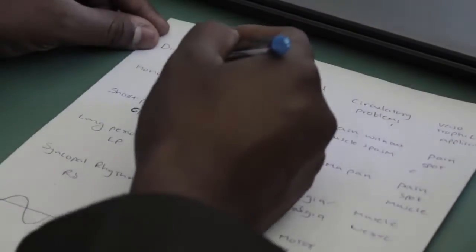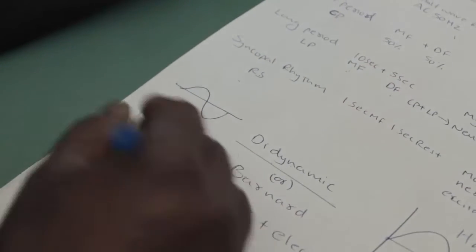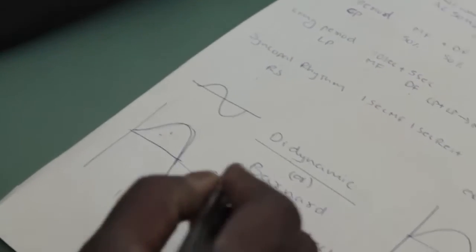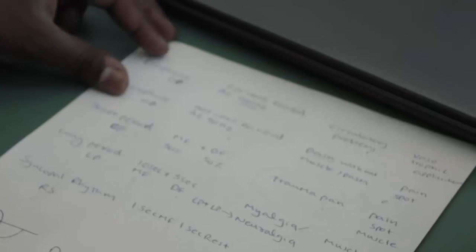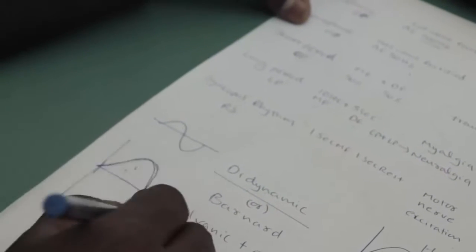The name itself says diaphase. Phase means this is one phase. Diaphase means it has 2 phases. 1, 2. Diaphasic. And this is a full wave rectified AC current. AC means alternating current. Full wave rectified means it has full wave, half on one side, half on the other side.